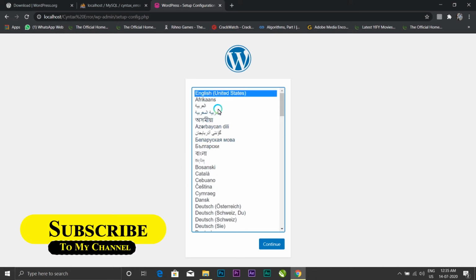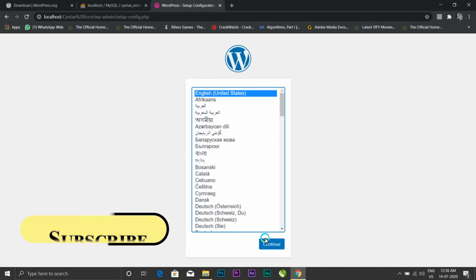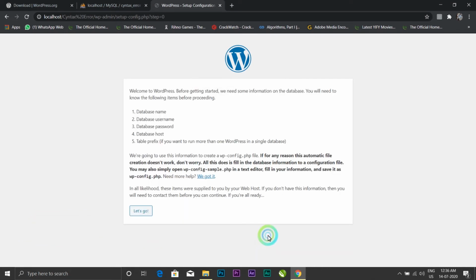Here you have to select a language. I will select English. Next, they will be asking you a few things like your database name, username, user password and localhost. So just click on let's go.